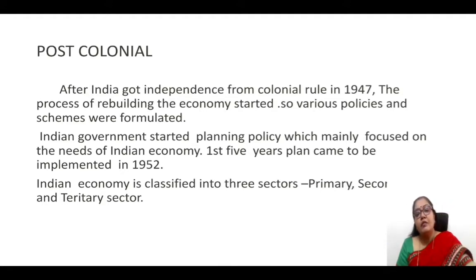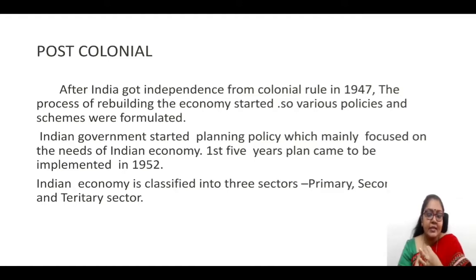In one plan, they would give a lot of importance to agriculture. In another plan, there would be importance to industries, sometimes to small scale industries, and sometimes to large scale industries. So the Indian government would plan and try to push those activities that were very essential or required at the need of the hour. And moving on, we see that